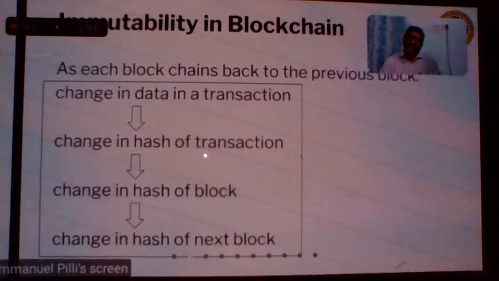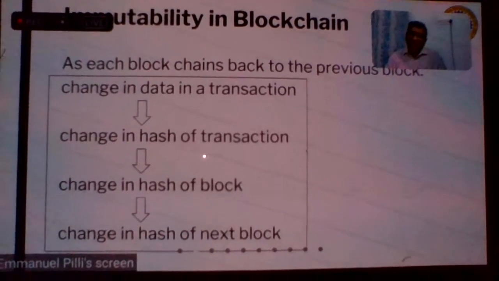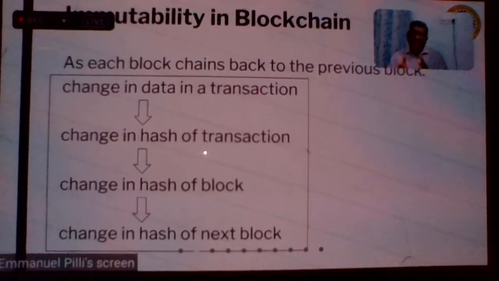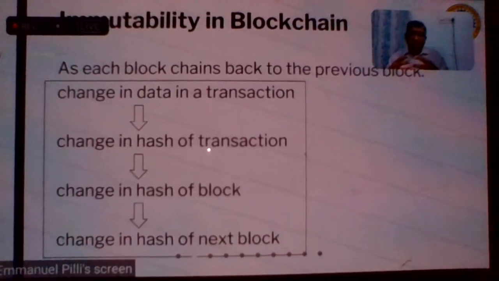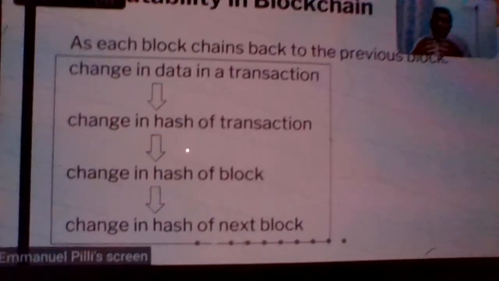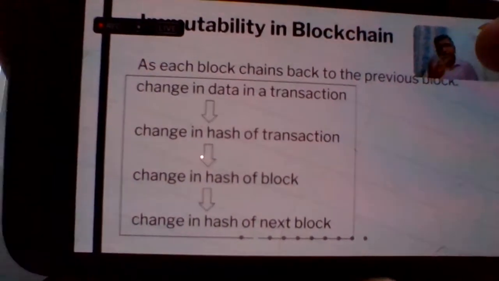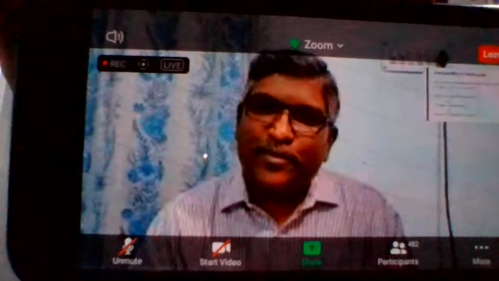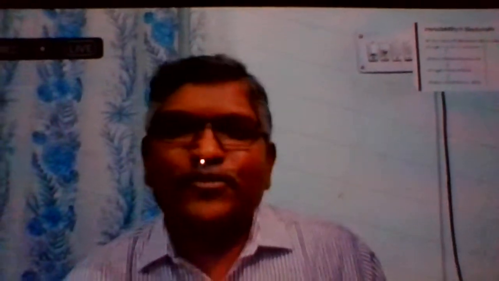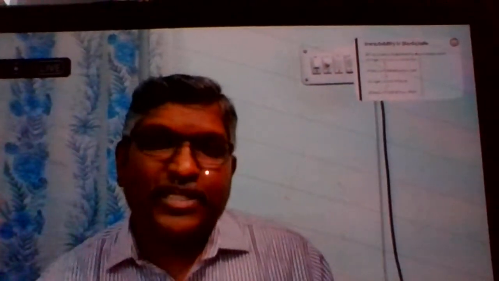So in that context, the idea is that things cannot be changed, but the transaction fee is charged. Whenever you want to store and retrieve data, for storing the data you have to pay a transaction fee, and for retrieving the data you have to pay a transaction fee. That is what, in fact, one of the papers we have written on trust management in IoT. We have used the blockchain to keep it more secure, to trust the value.